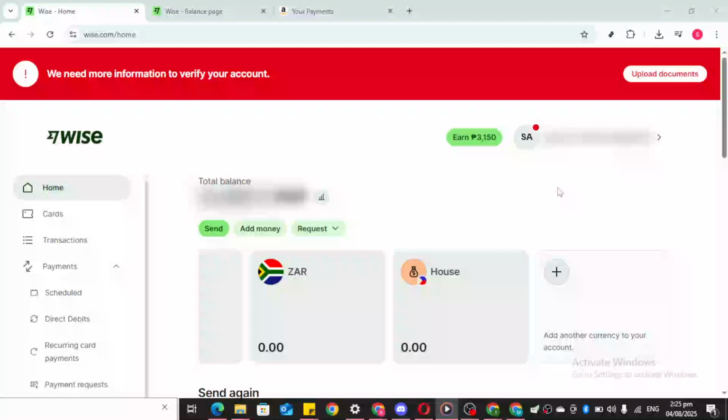In today's video, I'm going to teach you how to open and manage your Wise Euro account effectively and seamlessly. Let's dive right in. First and foremost, ensure you're logged into your Wise account. This is an essential step because all the features and functionalities we're about to explore hinge on being within your